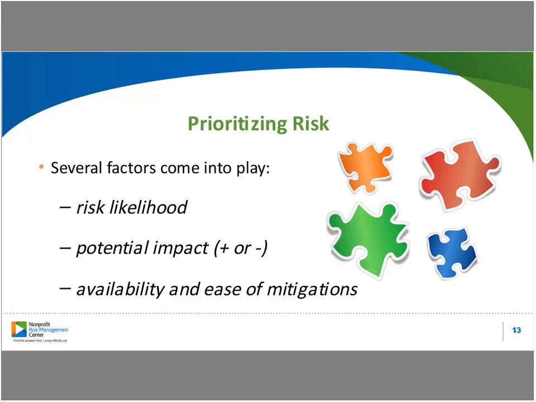And of course, the third is the availability and ease of the mitigation. So if the risk you've identified is something that you really want to reduce the likelihood of, it's something that if it happened, it would cause your organization a lot of difficulty, you want to make sure that you have the ability to affect change in that risk. So if it would be extremely costly to reduce the likelihood of that risk, and that risk is also not very likely to occur, then it may not be the best use of your resources to make it your top priority. So all these things together are really important factors to consider when you're determining what risks are your priority.